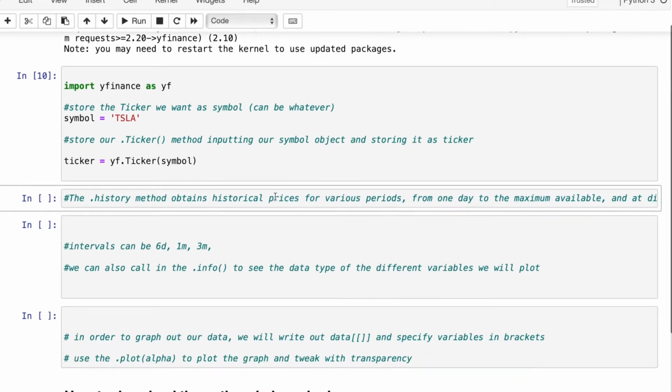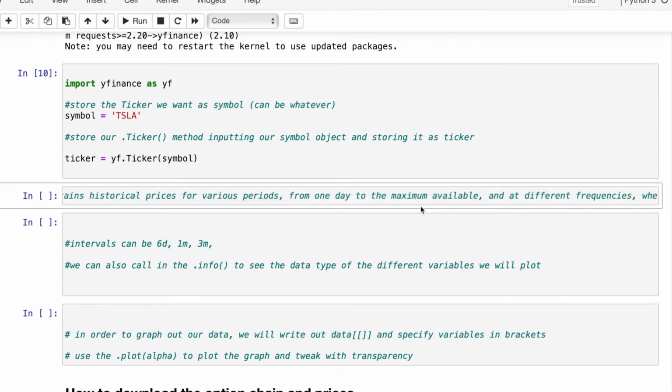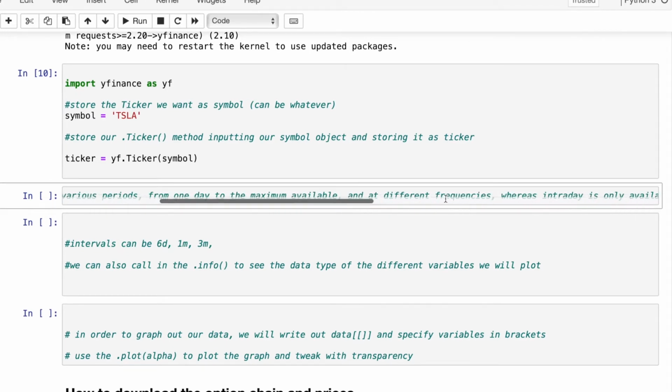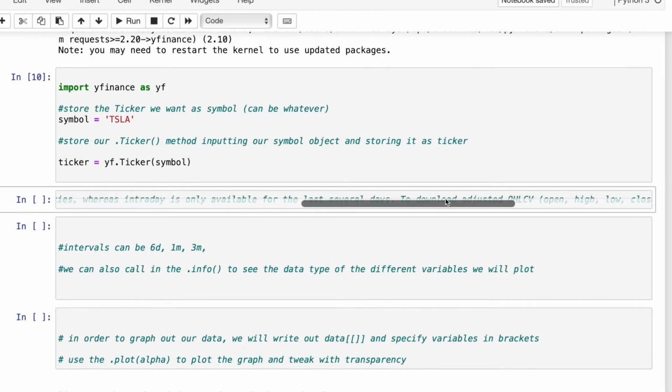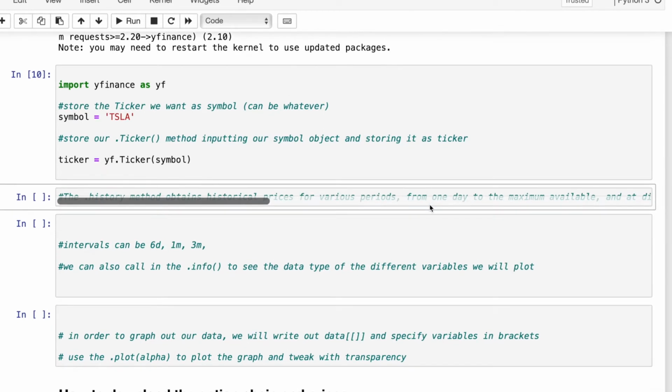Okay. The next thing here, yes, I have a pretty long comment, but the next thing I want to do is utilize the .history method. What this will do is obtain historical prices for various periods, from 1 day to the maximum available. So these are ranges of data and at different frequencies. What I want to show you guys here, what I'm really emphasizing, is that if you go to the Yahoo Finance website,